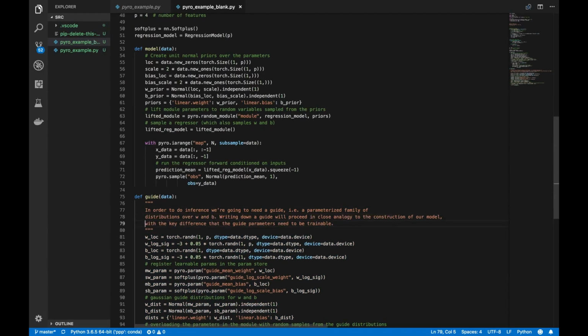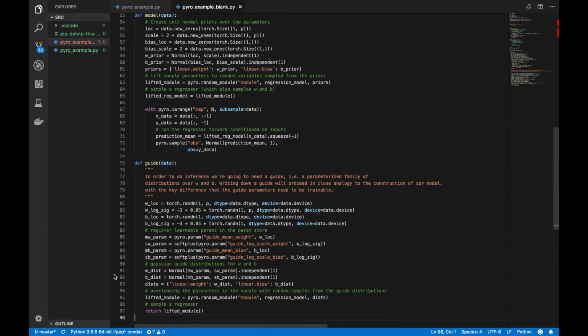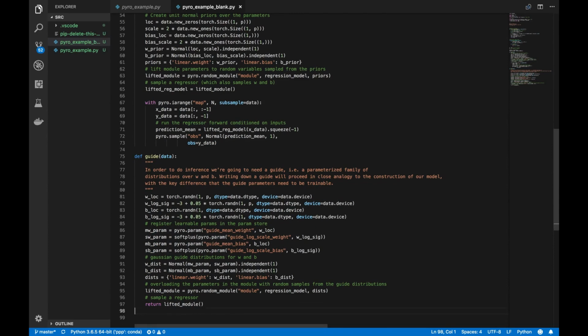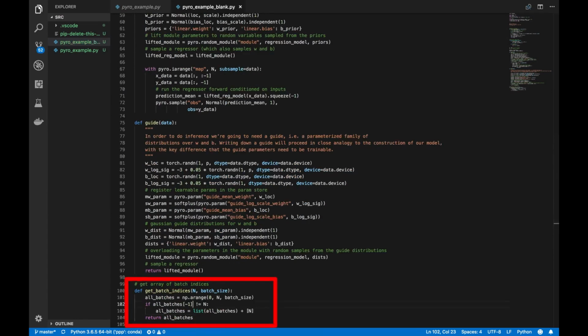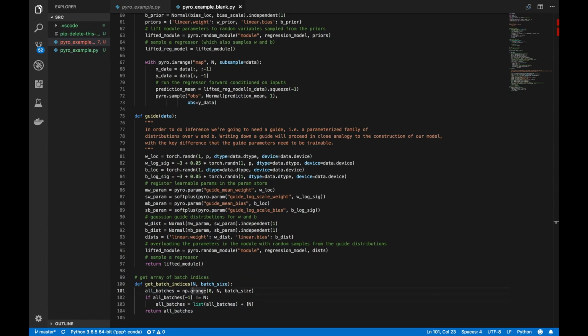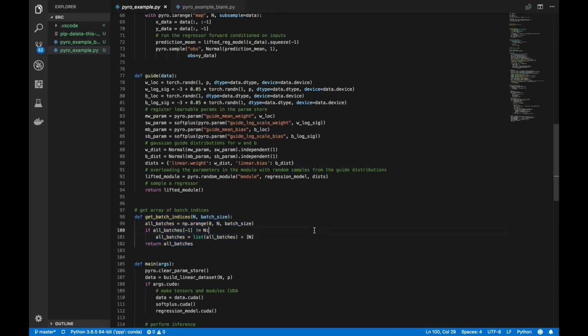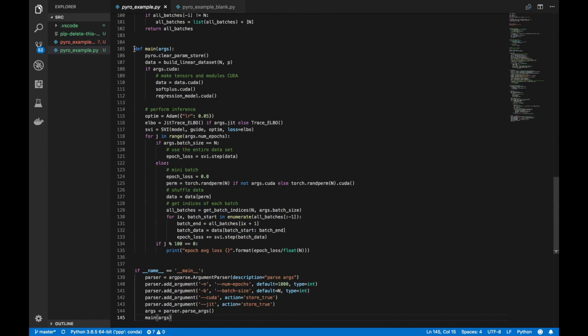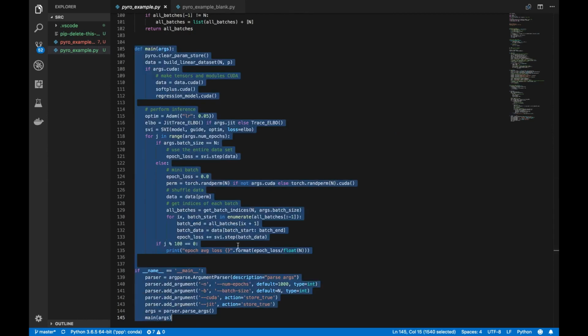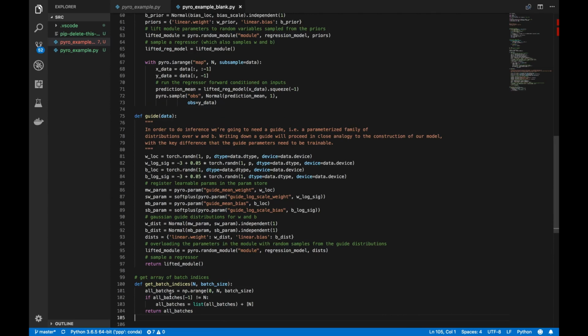So this is a specifically Pyro thing, and you see here that we have registered learnable parameters, and this returns a regressor, right? This next bit, we're just returning an array of batch indices. So this is quite a common thing if you've ever used NumPy or any index-y kind of library, anything with tensors or arrays. And let's pull in these last two parts,